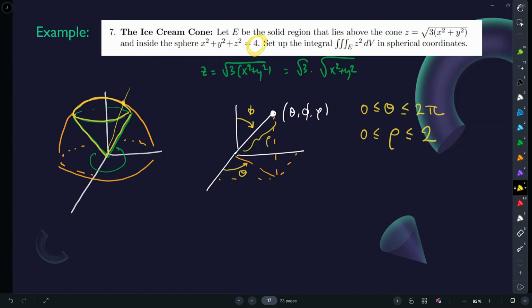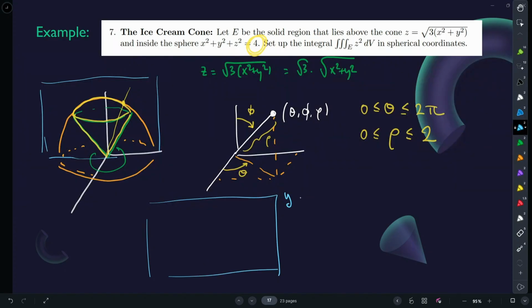How do you suggest we figure out the limits of phi? So you're already using some of the transformation in spherical coordinates. Let me give you a more pictorial view, which is why I like drawing this myself. If you cut my cone just in the YZ plane, I can see the cross section of the cone, and I can see how wide it opens up. So in that plane, which is the YZ plane,